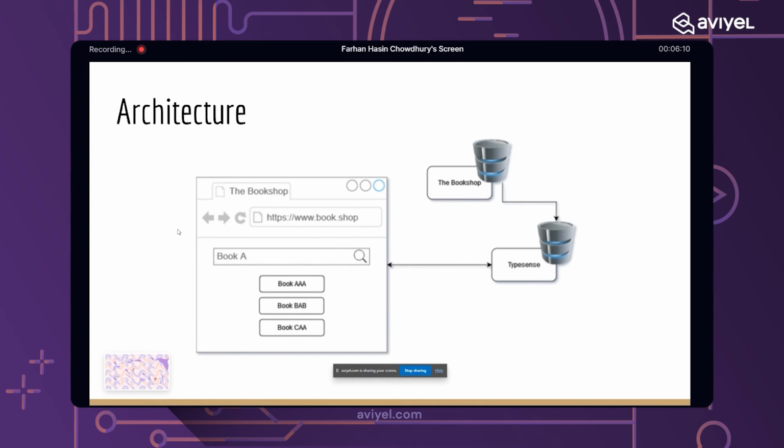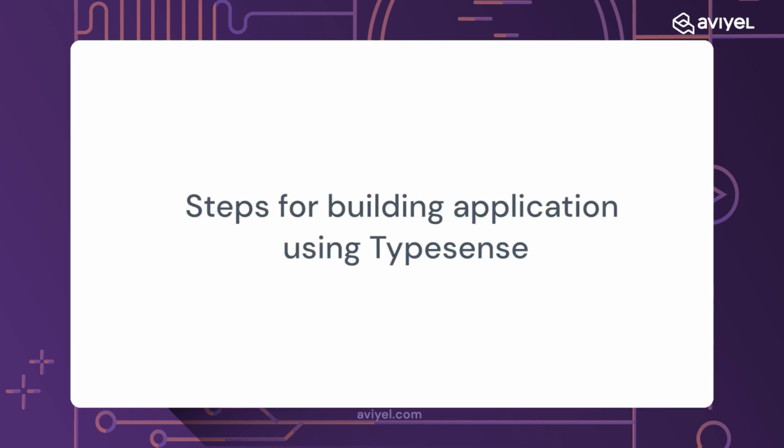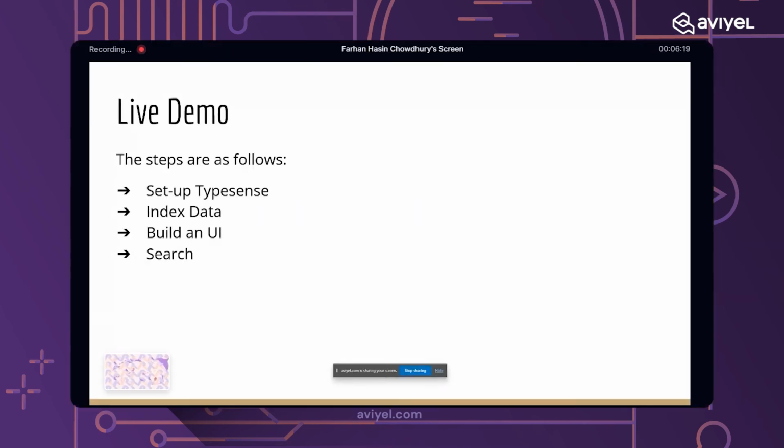It will become much clearer once we get to the programming part and actually build out an application. When you want to build a UI powered by TypeSense, there are 4 distinct steps. Of course, there will be more, but these 4 you have to take. First, you will have to set up TypeSense either on your server or another server. There are other options as well that I will demonstrate now.